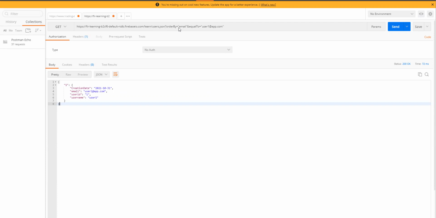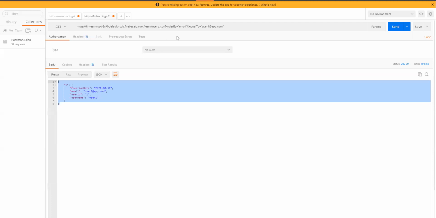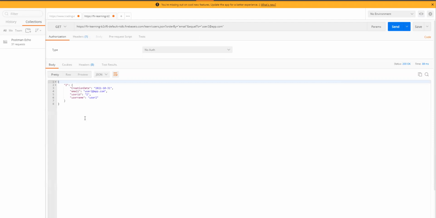That means, if you remember the CRUD operations in one of the videos in our YouTube tutorials, order by email equal to user1 at app.com. If I send it, it will give me the JSON for user 1, and for user 2, it's going to give me the JSON for user 2. So this is the URL that I need to post.